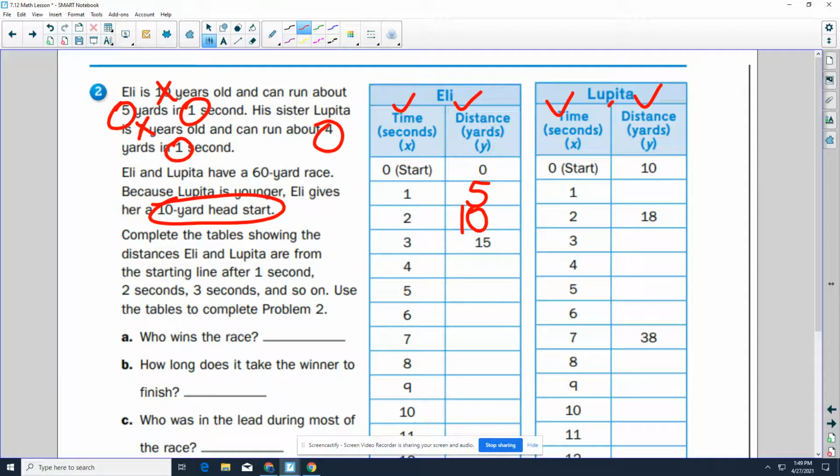When I look over here at Lupita, here it says that Lupita can run 4 yards in 1 second. Okay, she already has a 10-yard head start, so we have to keep that in mind as we go. So she already has 10 yards ahead. Then she runs 4 yards per second, so I have to add 4 to that. And then I'm just going to go all the way down, and each time I'm just adding 4 more yards because she got that head start. So I would fill that in all the way down. With the pattern there, okay, so you're just adding 4 yards each time. Let's see, does that